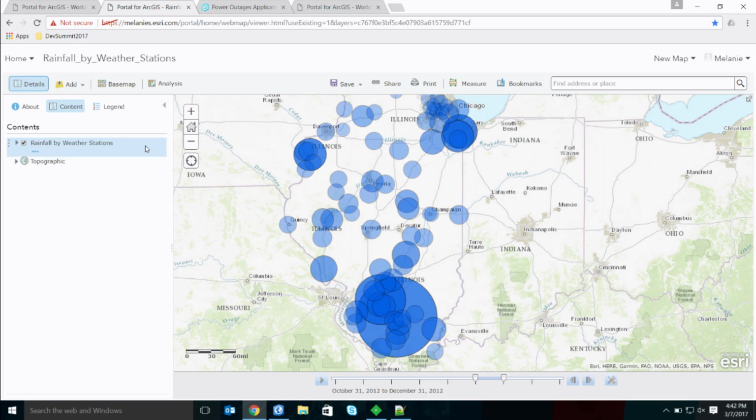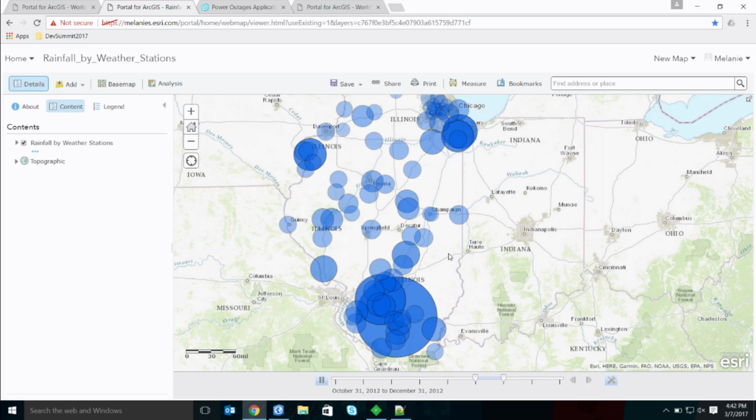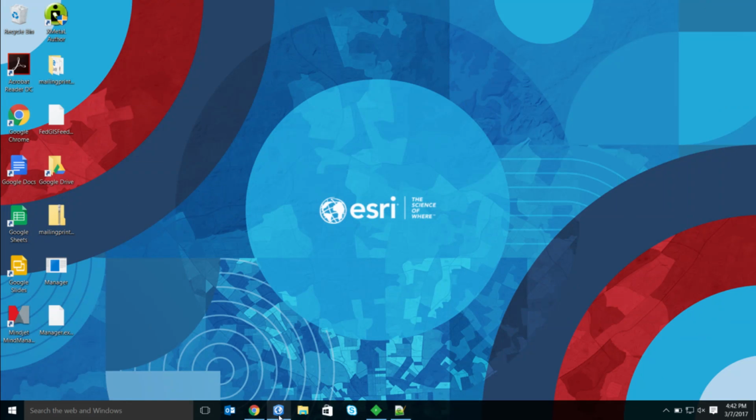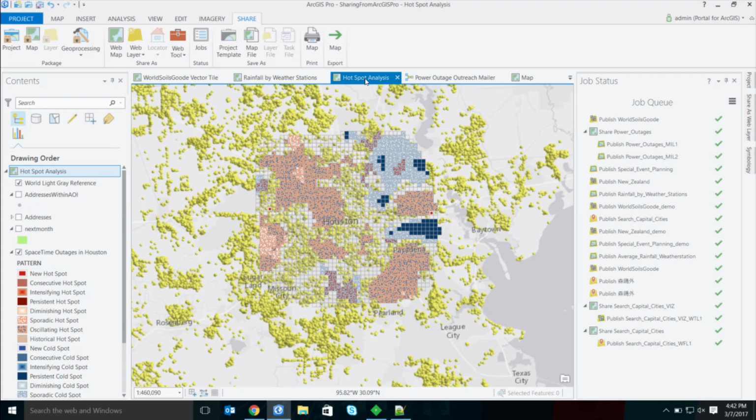Coming back to that query layer that we had published, again, so that same time slider experience that we had in Pro is maintained in my map image layer. And you can see that maintained there. So those are a couple of the new web layer types or web layer functionalities that we have when sharing from Pro. We've also at 1.4 added the ability to share web tools, which is the portal item that exposes